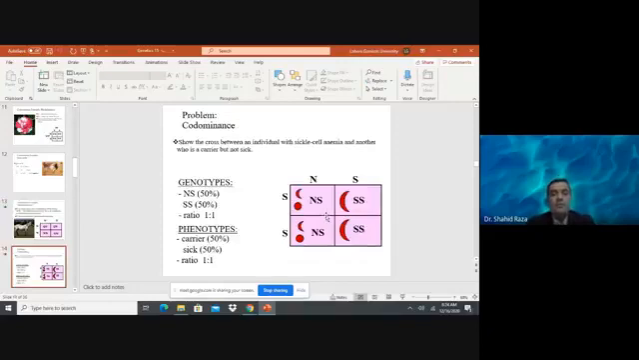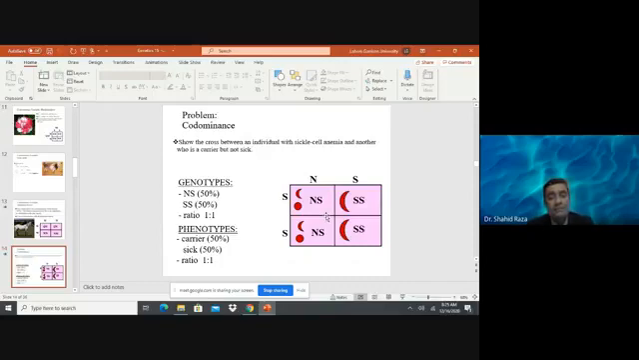So regarding codominance, we can see the cross between an individual with sickle cell anemia and another who is a carrier but not sick. There are three concepts regarding sickle cell anemia: one is a carrier, another is normal, and the third one is sick. So in these intervals we can say